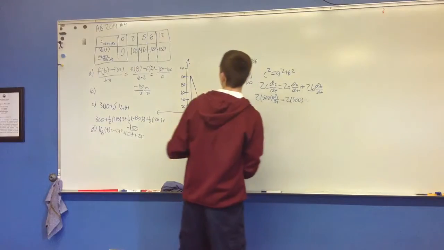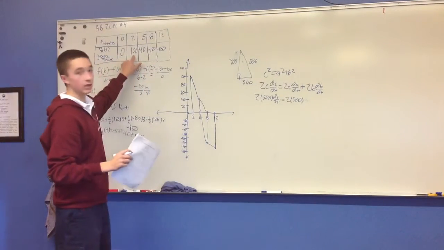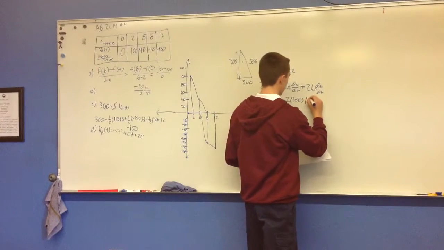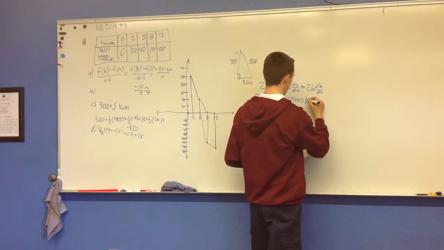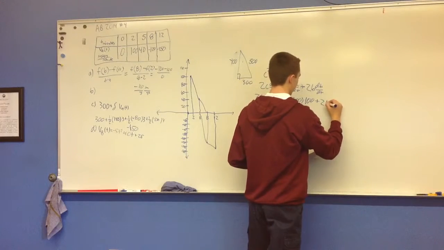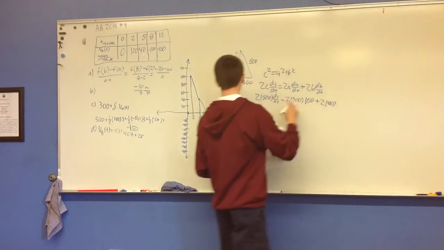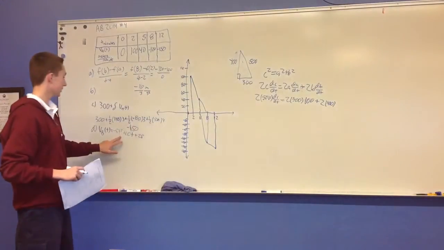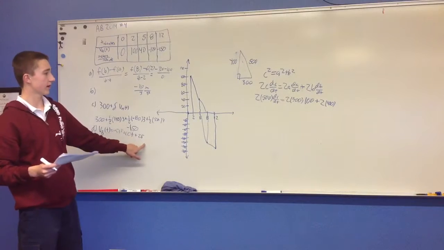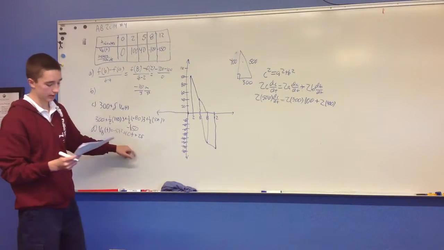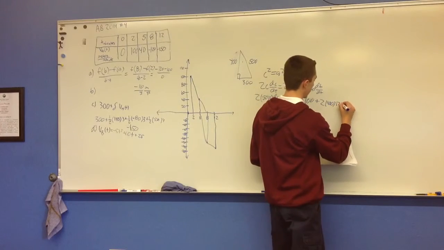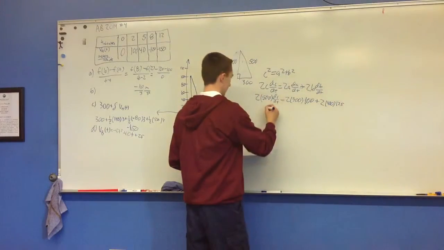We know from up here that at time equals 2, dA over dt is equal to 100. We multiply that, plus 2 times 400 times dB over dt. We plug the 2 into the equation for train B, and it turns out to be 125, so we multiply that over here. This gives us 1,000